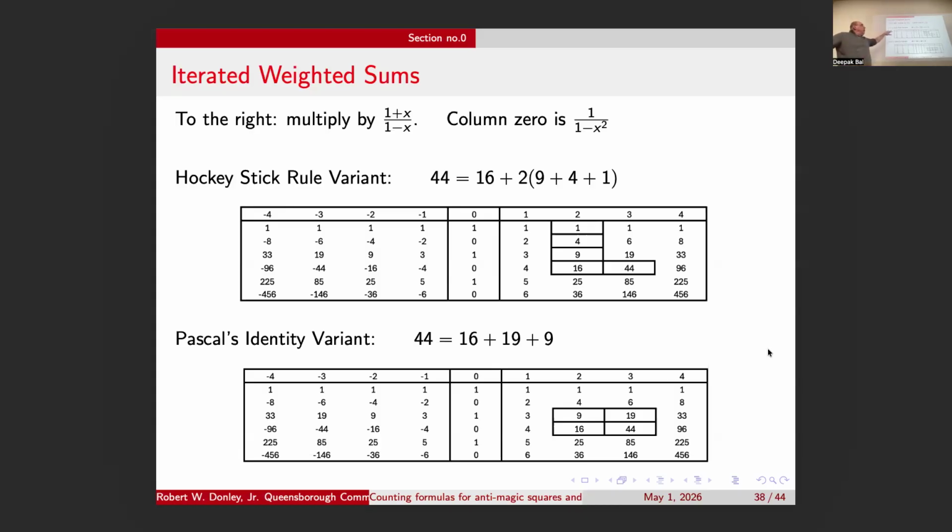The hockey stick rule, what's it going to do? Say I have the 44. I take a look to the left. We got a 16. Then I'm going to add twice the values that are above it. So not quite a partial sum, not quite twice a partial sum, but something we can work with. And we get lucky in this case in that, well, if I look at the 19 above the 44, it won't take away everything above the 16. It'll take away everything but 1, 9. So what you get instead is,